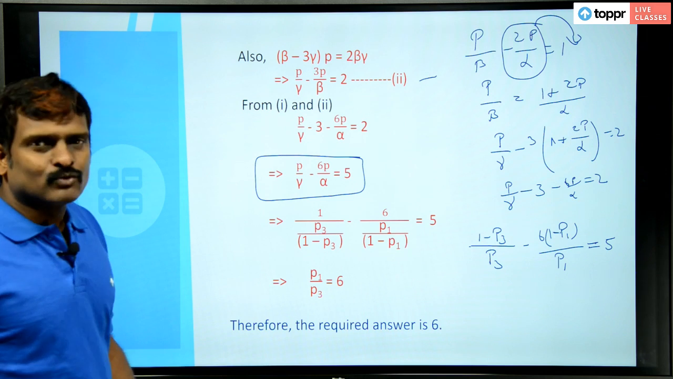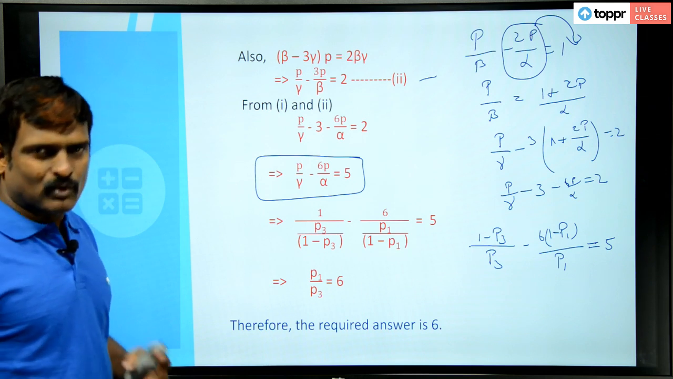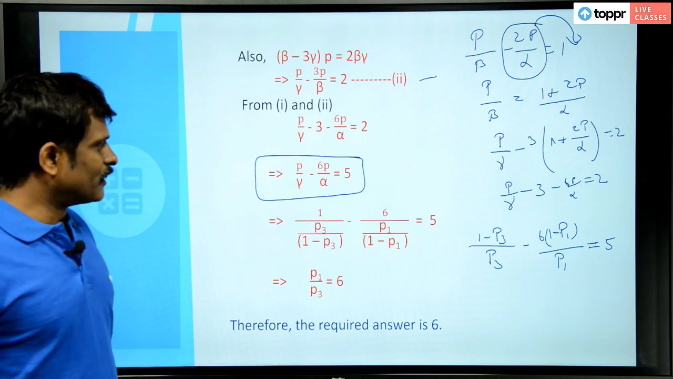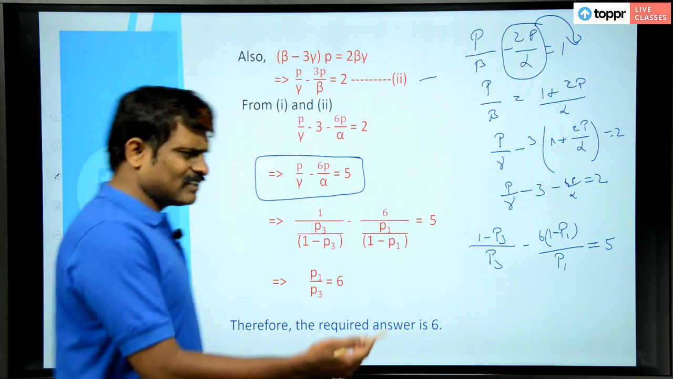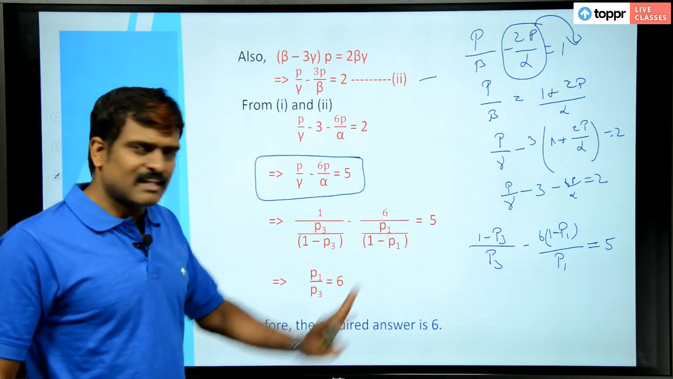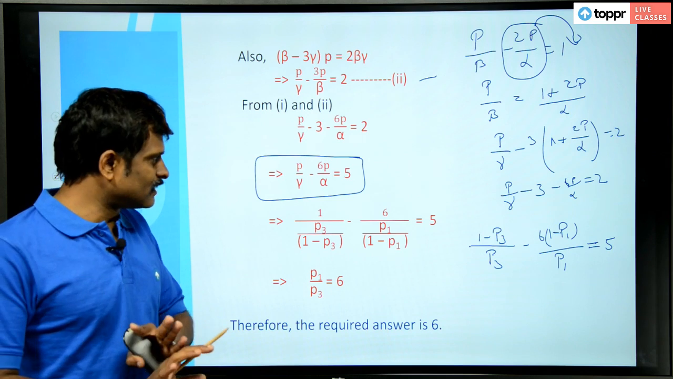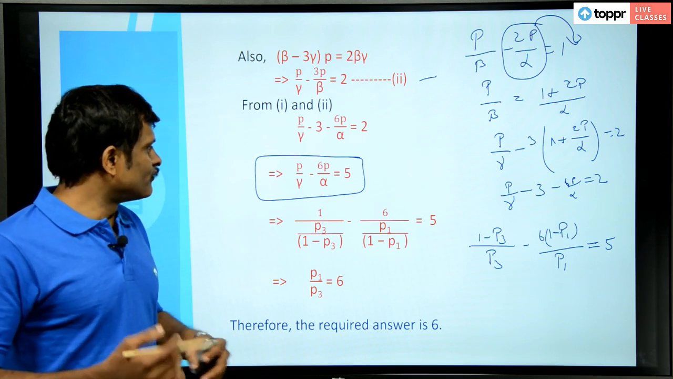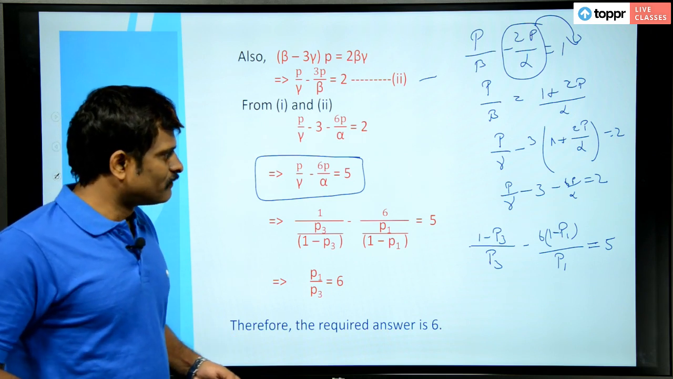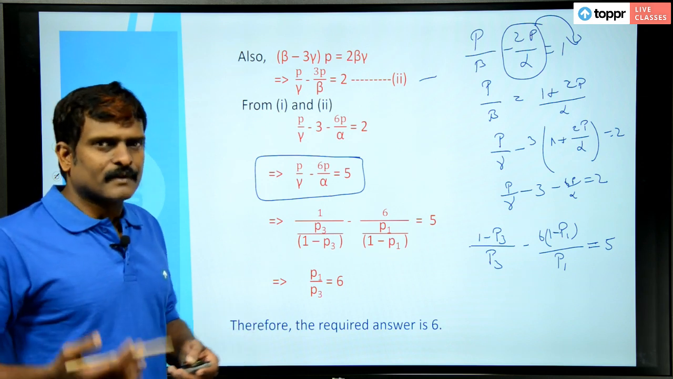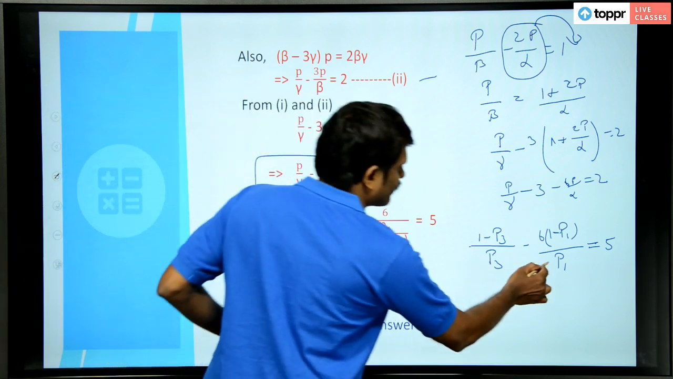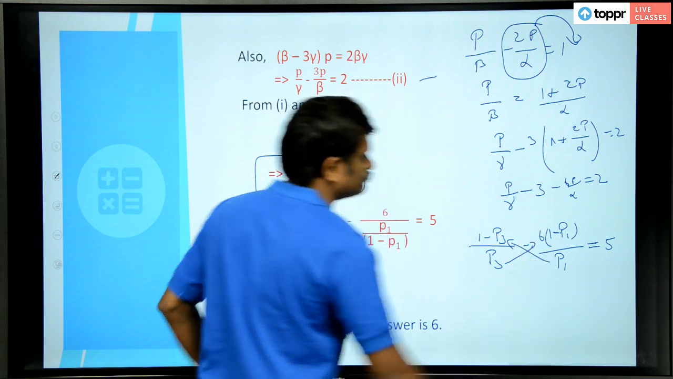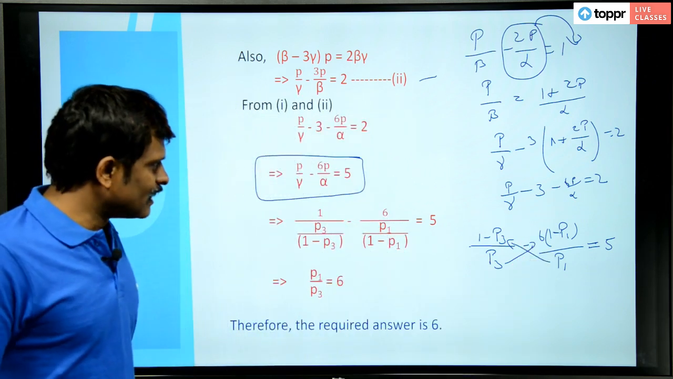Like that is what I was telling, your calculation should be quick enough so that you can do it easily. It's nothing, you just take the LCM and simplify. There is nothing where you have to do too many calculations. What you have to do is just take the LCM, right. You take the LCM and you get